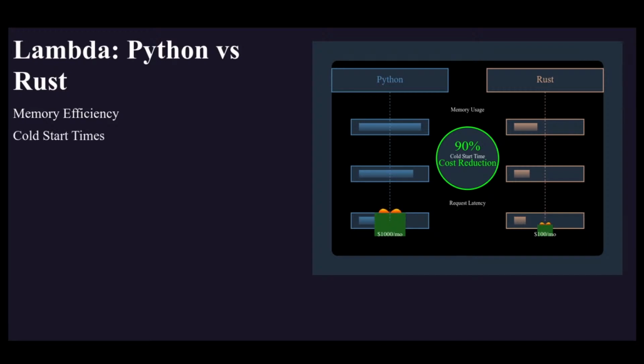You can see that cold start times as well play a huge role, because with Python, oftentimes you're using a container runtime because it needs a bunch of packages. With Rust, it's a small binary. Request latency, if it's a very efficient language like Rust, there'll be low latency. And then in terms of cost optimization, we have some benchmarking that I'll show that shows how you can reduce cost by, let's say, 90%, depending on certain workloads that are computationally expensive.